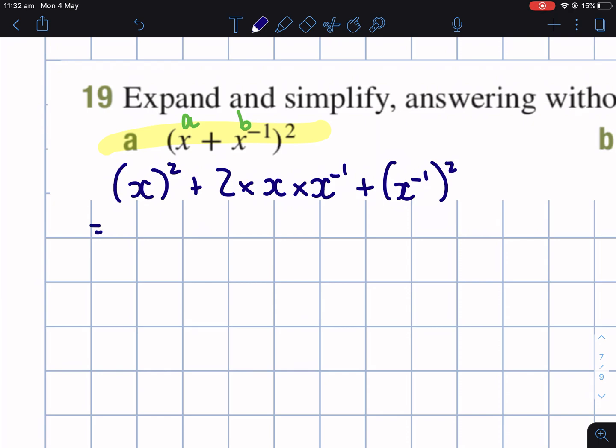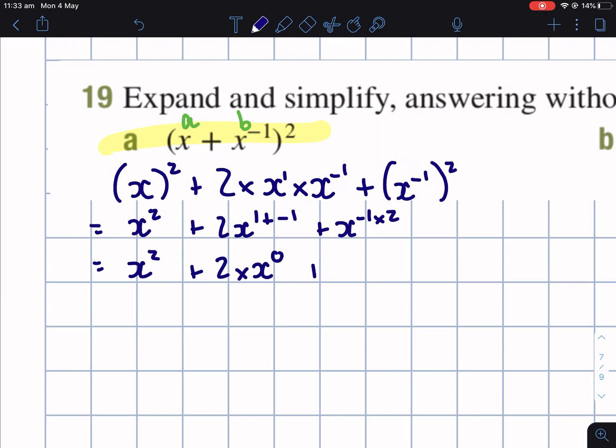So the first one squared is just x squared. 2 x to the 1 times x to the minus 1, so 1 plus minus 1. And then I've got x to the minus 1 times 2. So here I've got x squared plus x to the 1 plus negative 1, x to 0. Now don't forget x to 0 is just 1, so I've got x squared plus 2 plus x to the